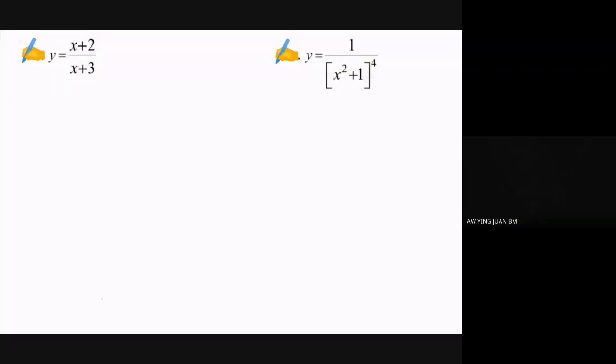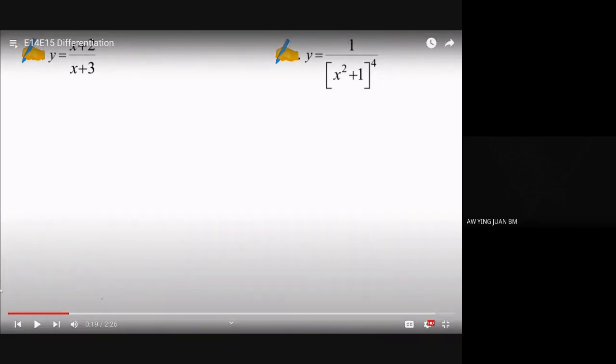The example of the differentiation. Y is equals to x plus 2 over x plus 3. So before we begin,